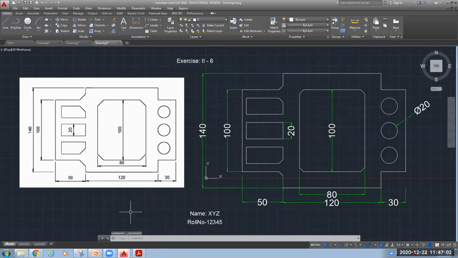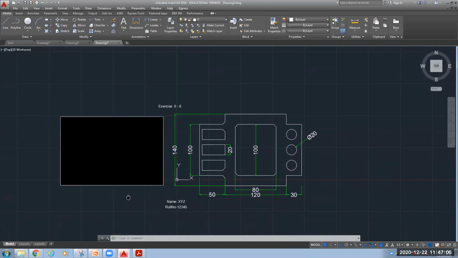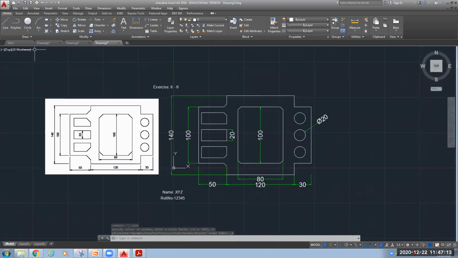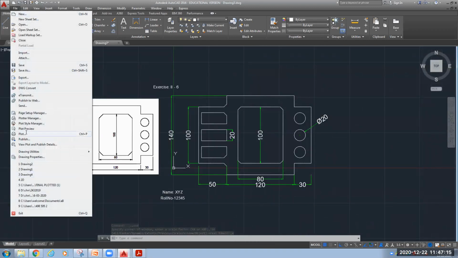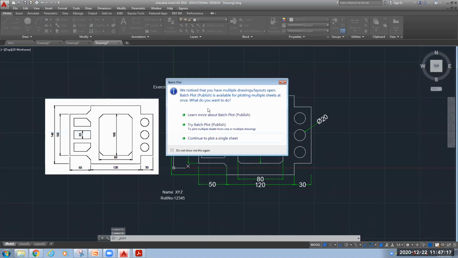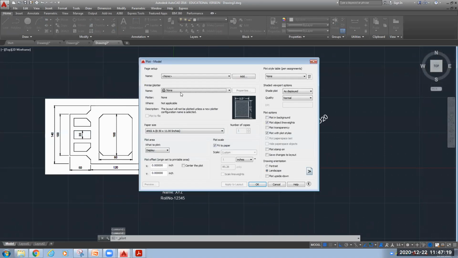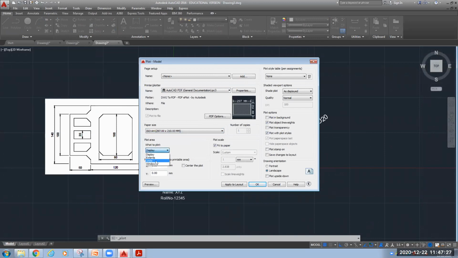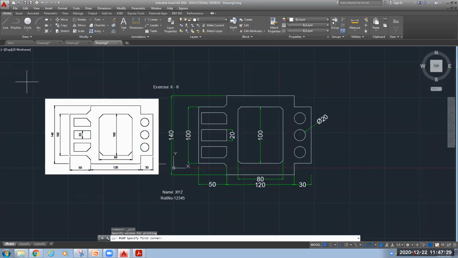Now, once this part is complete, you can take the plot by using File, Plot, select the printer, select the paper size. I want to display the window, so I will select my window.